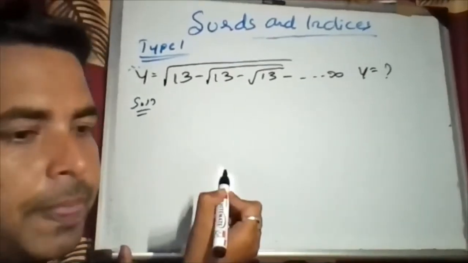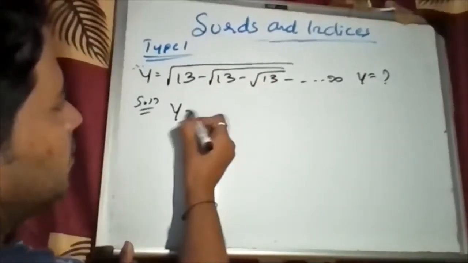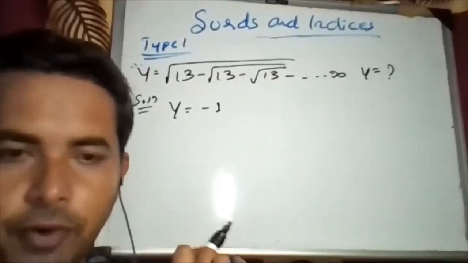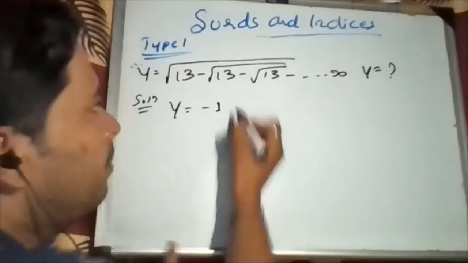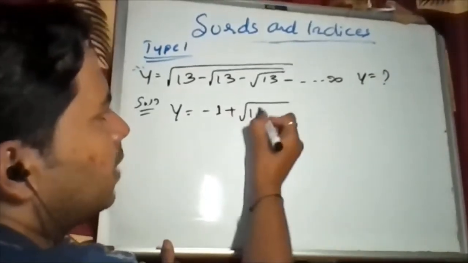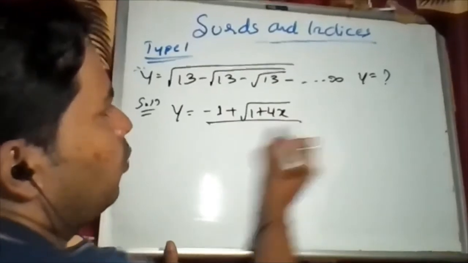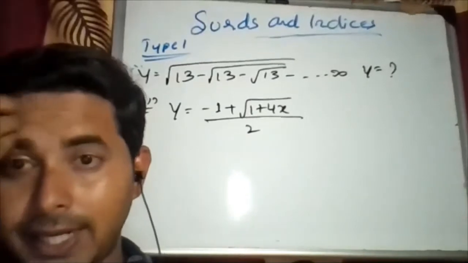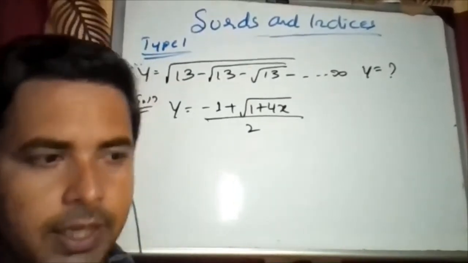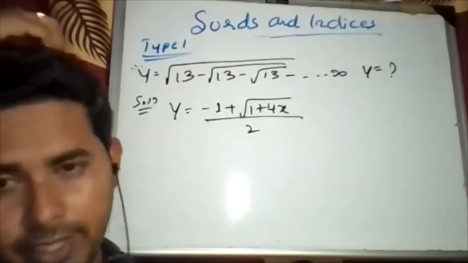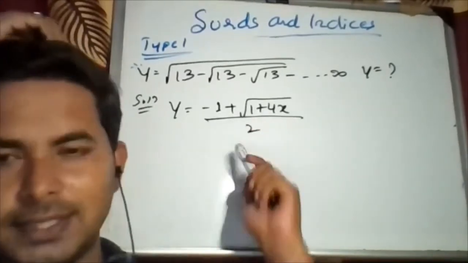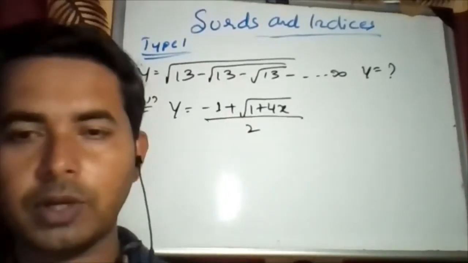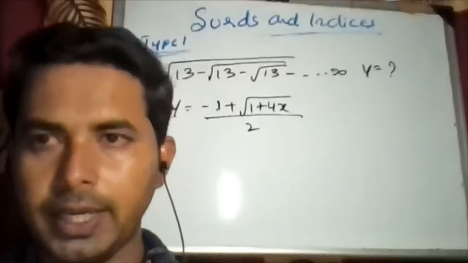Okay, what do you have to do? Instead of y equal to, where before it was a plus, take a minus 1. Just a change in the formula. Just add a minus 1. Minus 1 plus square root of 1 plus 4x, by 2. This is your formula. When do you have to use this formula? If there's a negative sign in the question. Okay, if a negative sign is in the question or equation, use this formula, that is just minus 1. And if a positive sign is there, then the previous one, 1 plus square root of 1 plus 4x by 2. Okay.